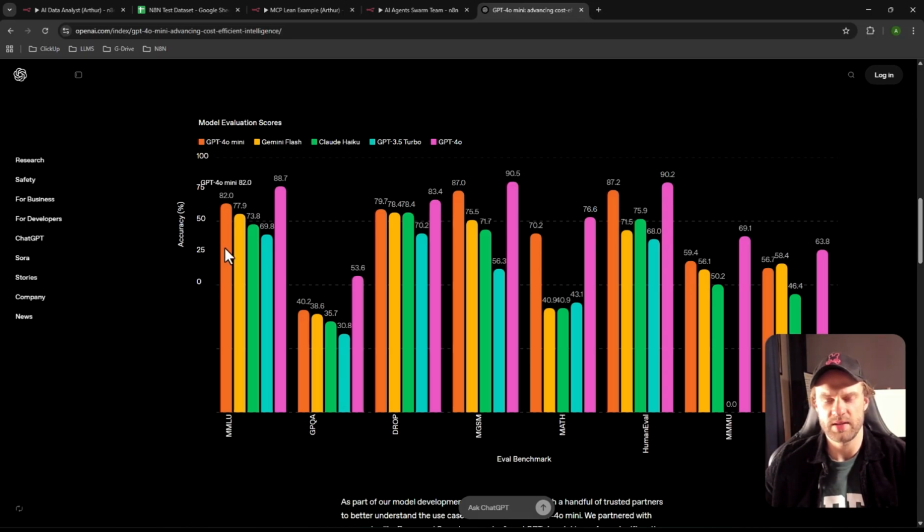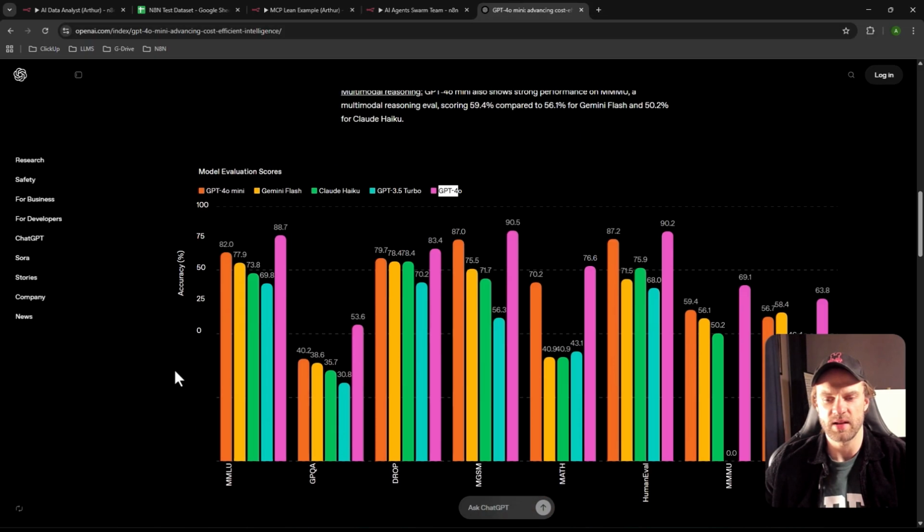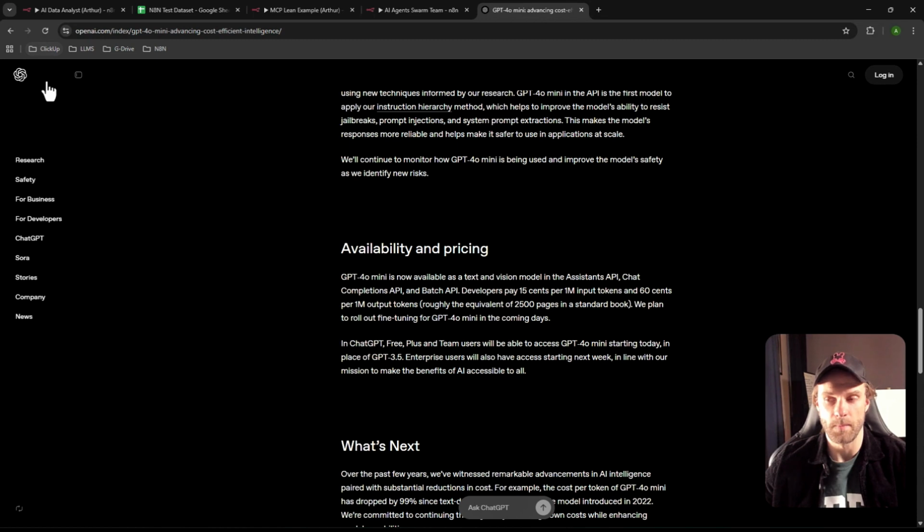It has pretty decent scores if I compare them side by side with other ones. For example, GPT 4.0, which is their flagship model in a sense. So you guys can see there's not really a major difference,